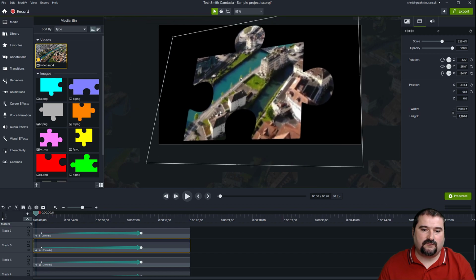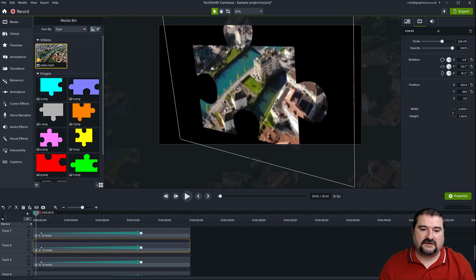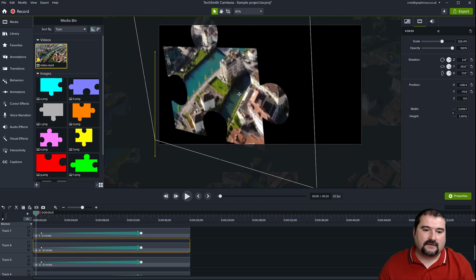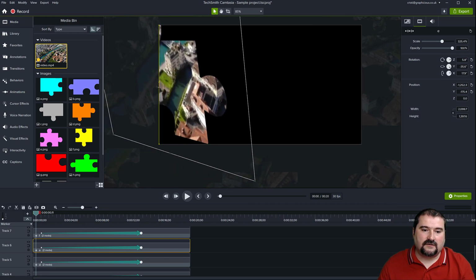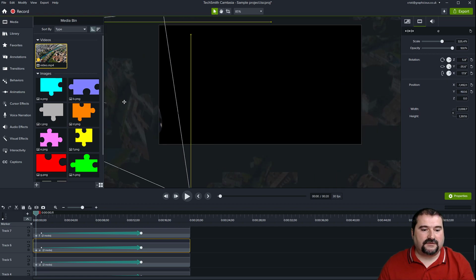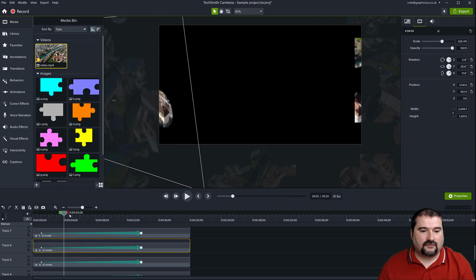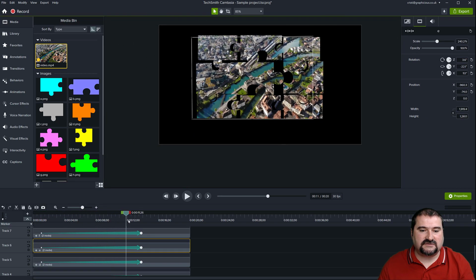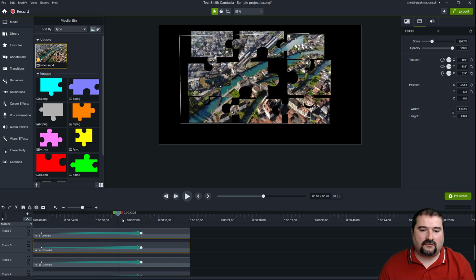Camtasia is very bad with moving things in 3D space, and when you move them sideways or up and down, that perspective changes. So I'm going to put this one there, but yeah, don't go crazy with the 3D. But it's good to have a little bit of